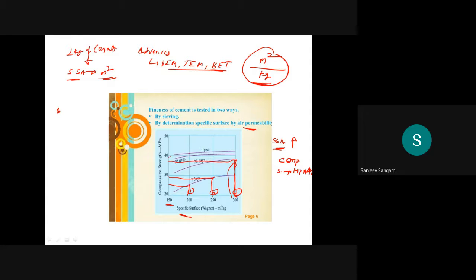As the particle size is going to change, up to some point, you can see up to 300 it is increasing. Then after 1 year almost it is flat, the curve is almost going to become flat,